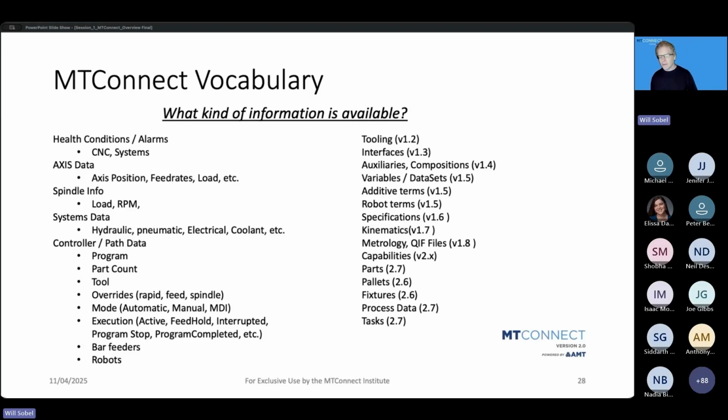We have a whole bunch of these things called control vocabularies. They're basically a set of enumerations or states. So things like your mode and execution have certain states. They must have certain states. They cannot have other states. Things like automatic, manual, MDI. We have a lot of different modes the machine can be in, as well as execution states. These are very important because for an application to be able to interpret what the current mode and execution state of the machine are, those have to be locked down. We also have interfaces, things like robot and bar feeder interface,